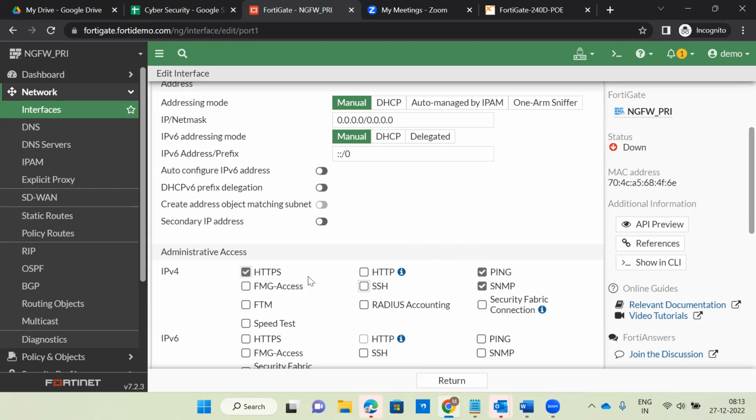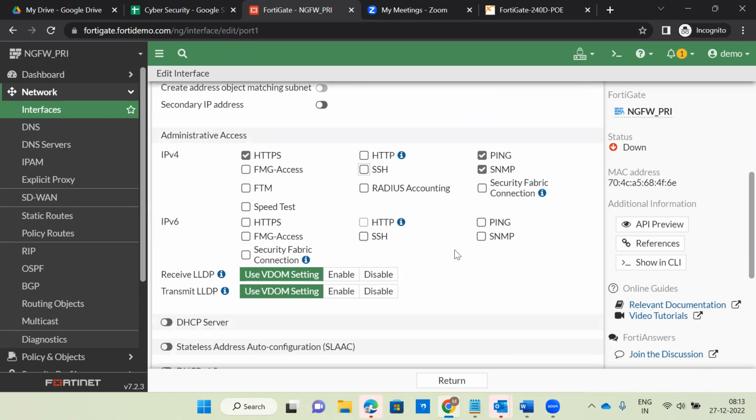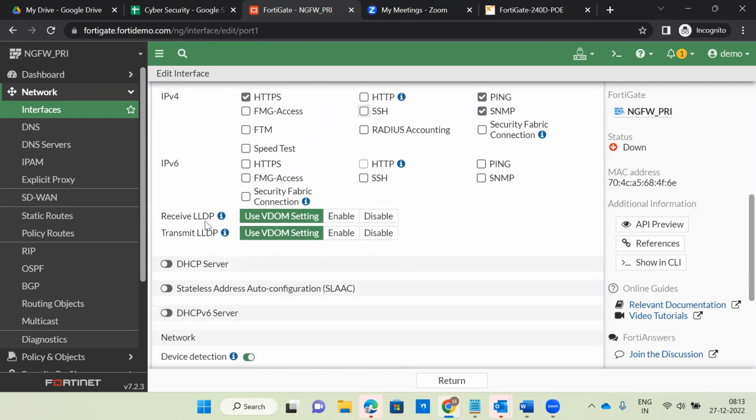So that's why we have to enable all these respective services, whatever is required. I will show practically in the policies configuration. IPv6 anyway is not applicable. And LLDP means Link Layer Discovery Protocol, and it will identify what all the different types of devices are there in the entire